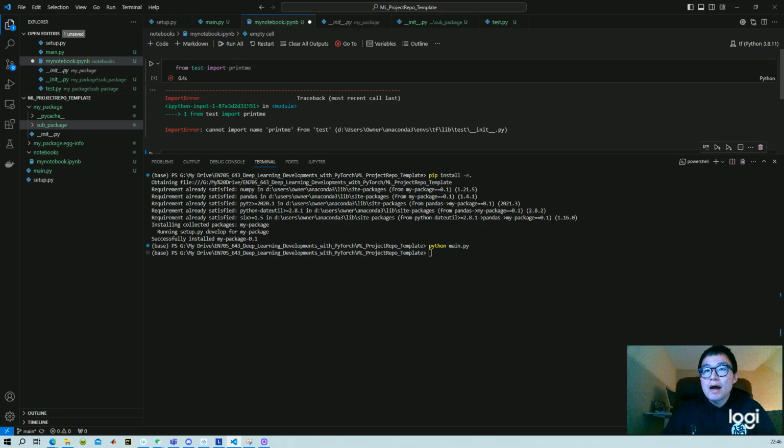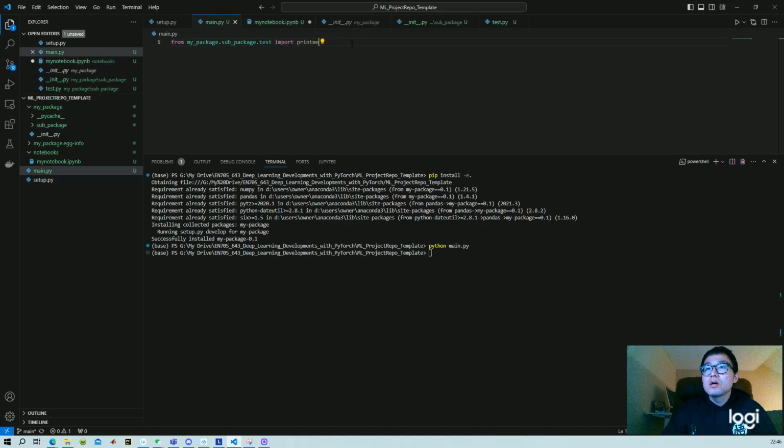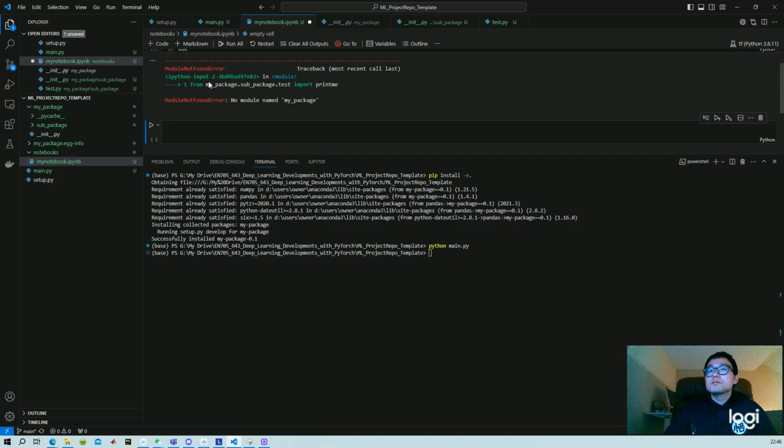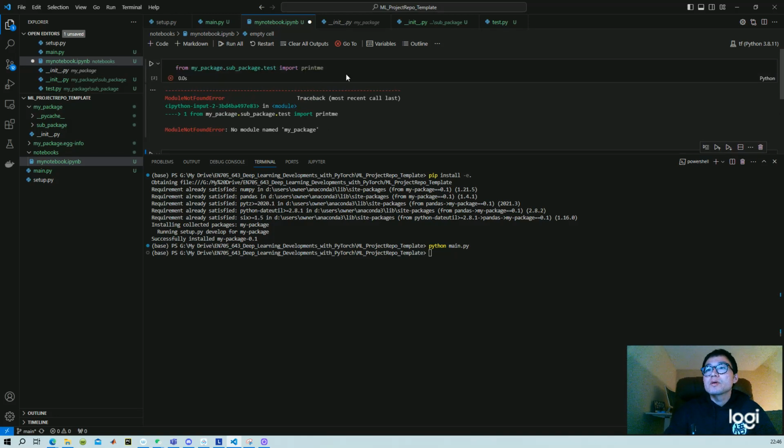But because we actually had this package installed, what we could do is from my package., essentially the same code that you use in your main.py. So hopefully this will work, right? My package. The reason this doesn't work is because I'm in the TensorFlow environment, and I installed in my base. So if I do a conda activate